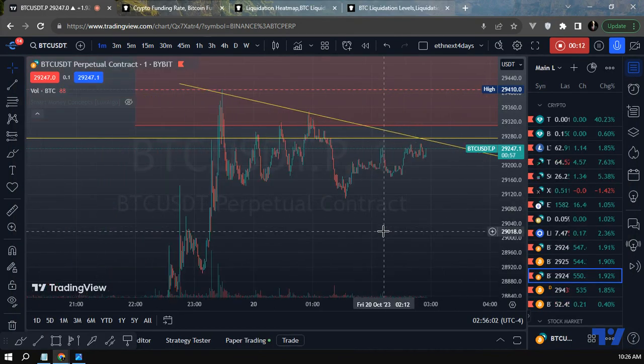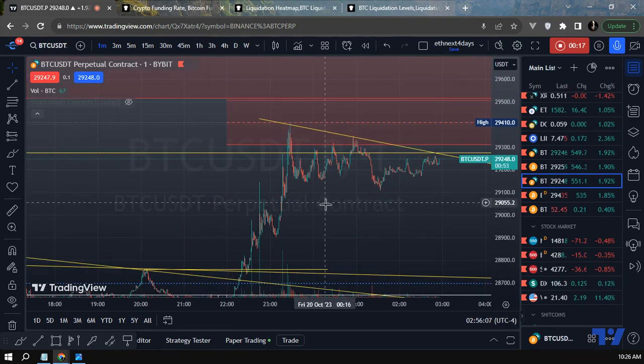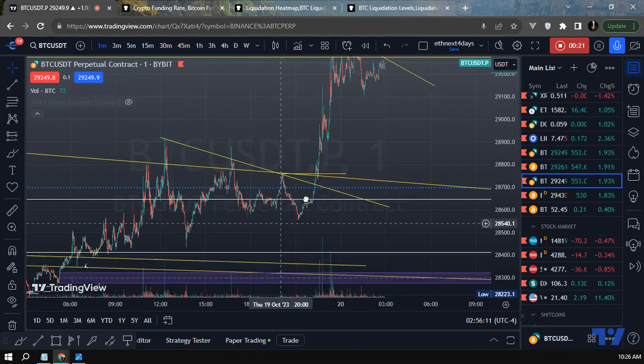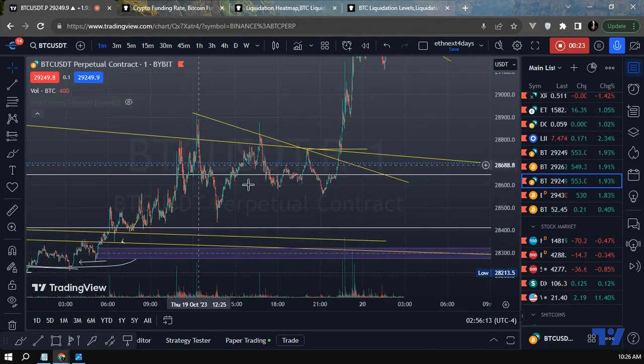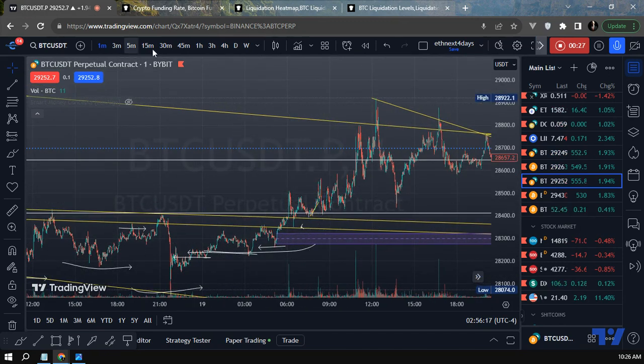Now, let's talk about Bitcoin. Yesterday, first of all, let's talk about yesterday, and then we'll talk about the rest of it. Yesterday, we were here. I essentially cleaned all the arrows and everything because I was recording and talking. But anyway, yesterday we were here, and this is the 1 minute chart.